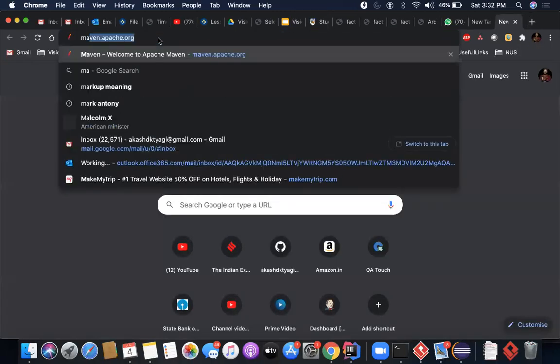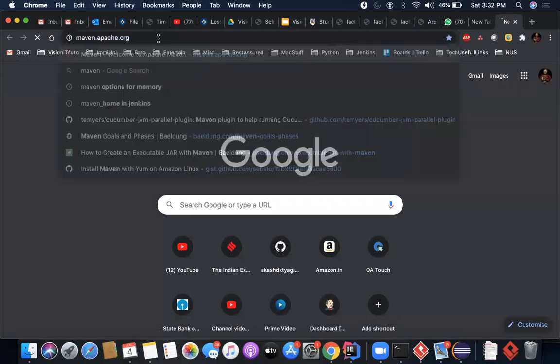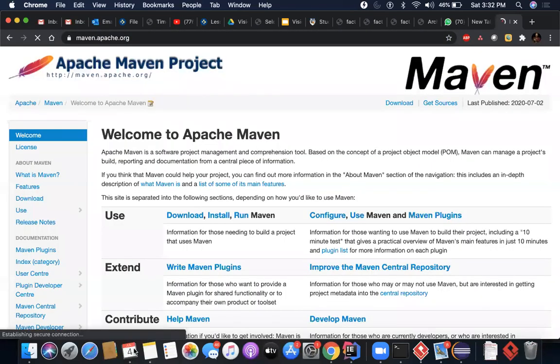So you have to go to Maven.apache.org, and from here you can actually download it. And there are steps to download as well as install. So it's not something like next, next, install. It doesn't work that way. There is no installation mechanism for this, but there is a configuration mechanism. It's a standalone file. It doesn't get installed, but you have to configure it to make it work on your system. For that, we have a few steps to do, but I will tell you those steps later.